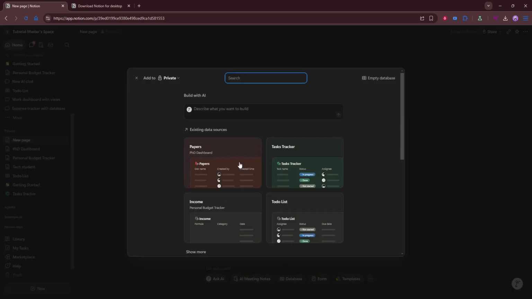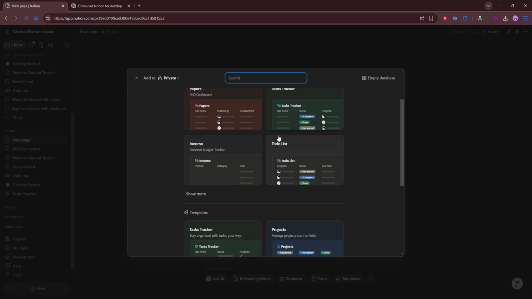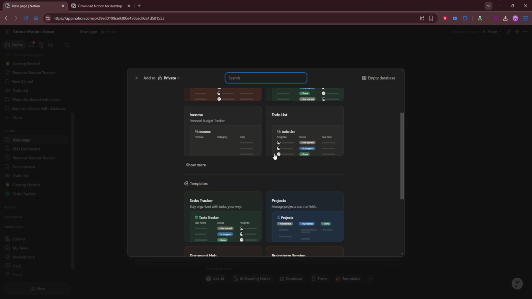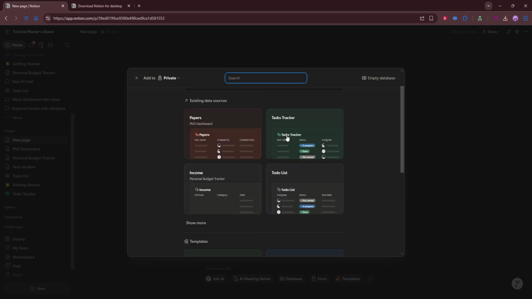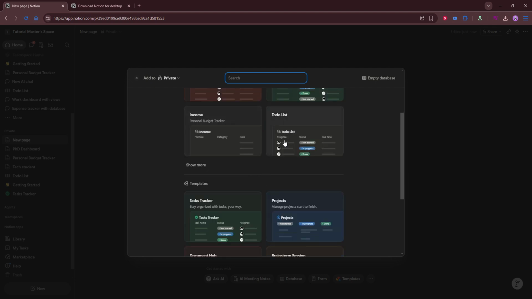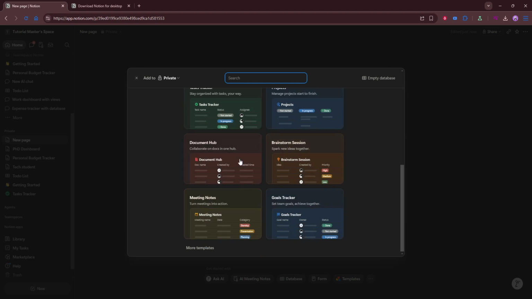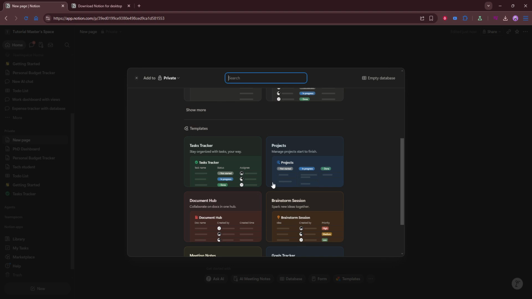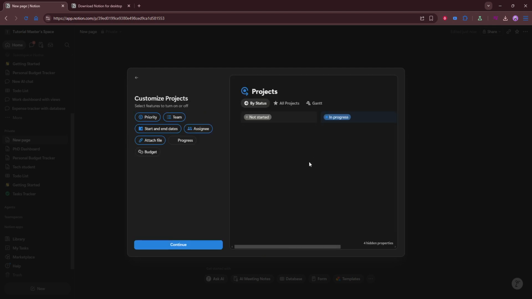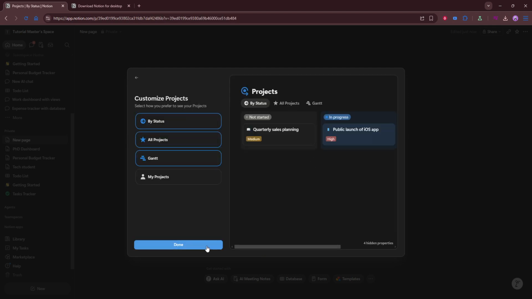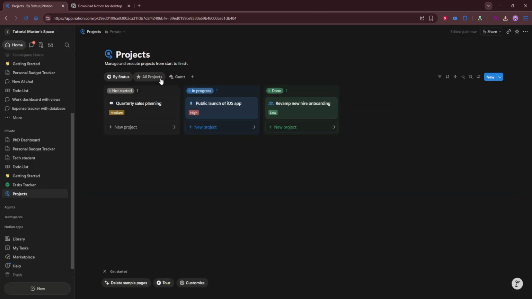Next, add the key properties you'll need to keep each record useful and easy to scan. Include fields for name, company, email, phone, status, and last contact date. These properties give you the basic structure needed to quickly understand who someone is, where they work, how to reach them, and what stage the relationship is in. The last contact date is especially helpful because it gives you a simple way to see when someone may need